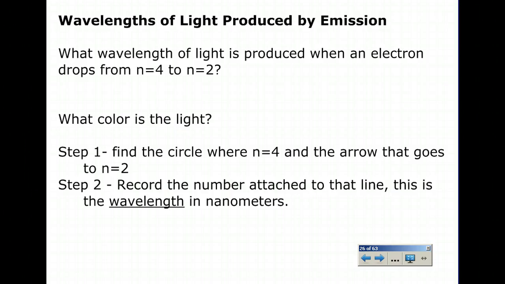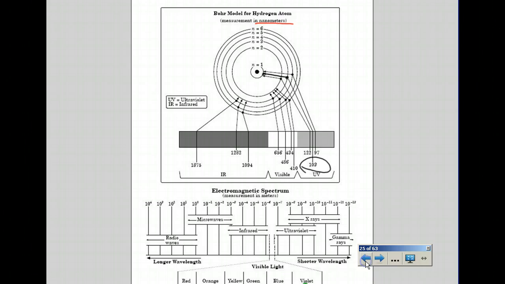So we've talked about how to find the wavelength depending on where an electron goes in an atom. So for example, what wavelength of light is produced when an electron drops from 4 to 2? What color is the light? And again, we said step 1 is to find the circle where n equals 4 and the arrow that goes to n equals 2. And step 2 is record the number attached to that line, and that's the wavelength in nanometers. So if we go back to this Bohr model, if we find the one that goes from 4,